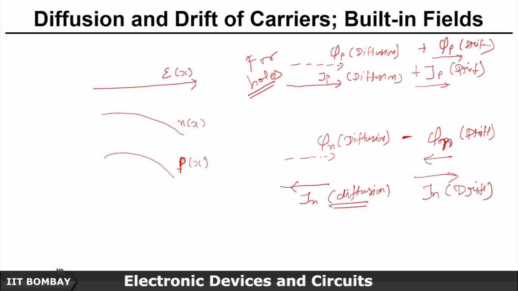On the contrary, holes are drifting in this direction, so drift current will be here. Holes are diffusing in this direction, so hole current is in this direction. So while you calculate this, you need to keep the negative charge of the electron in mind. Okay, so now we go ahead and talk more about the balance, and one more important thing is